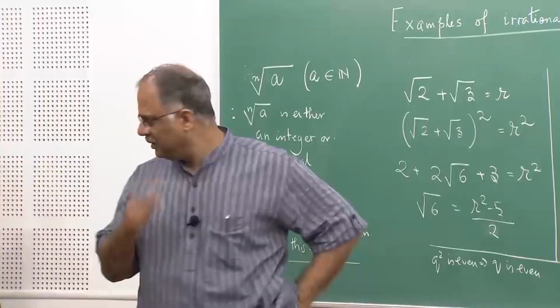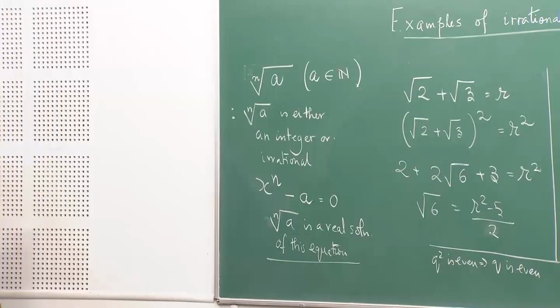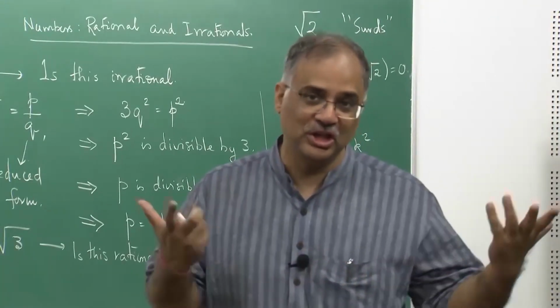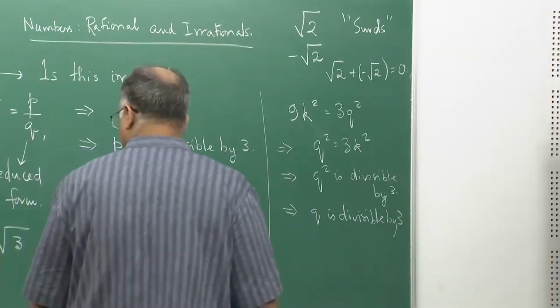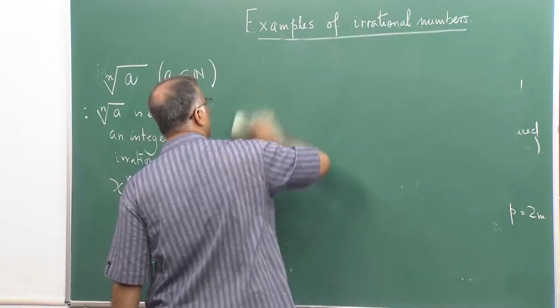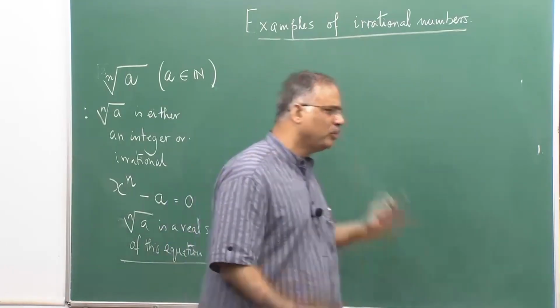So, the question would be, will this solution, this polynomial equation, because I can write it as a solution, a real solution of this equation, can it give me some hint about the irrationality or rationality of the number, or whether it is an integer. To do that, we need to know something about the properties of numbers, properties of solutions of polynomial equations. And whatever we do, we will not do the proof here, it will be there in